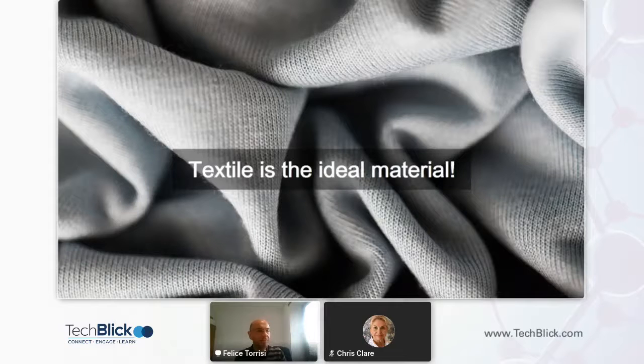We know that textile is already a great material. In fact, textile is already made to